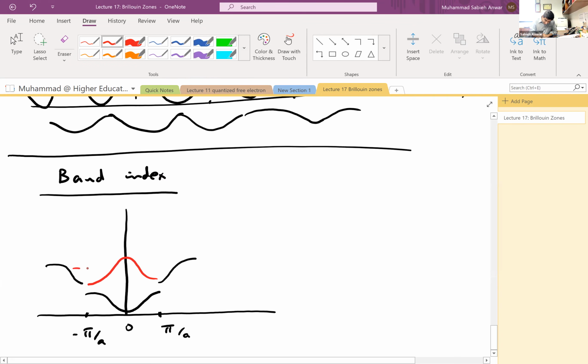So bring this back, I'll get the red band, the n equals 1 band. All right, so for the lowest band, or the n equals 0 band,